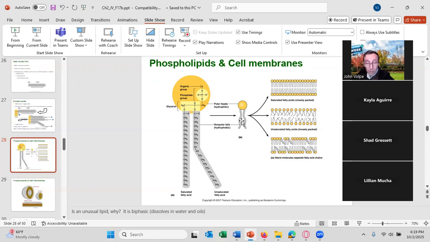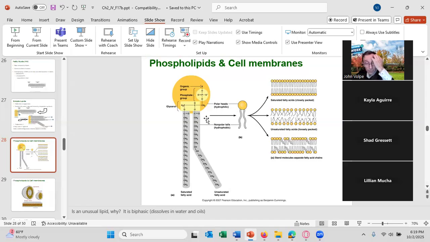We don't have many molecules which are biphasic, but you are familiar with maybe two of them, and that is soap and detergents. The reason soap and detergents help us clean, like cleaning our clothes in the washing machine, is that the water can dissolve any water soluble or polar molecules from our clothes, but it's not going to dissolve the lipids. And the detergent will dissolve the lipids, helping us to clean our clothes. Any question about any of that?